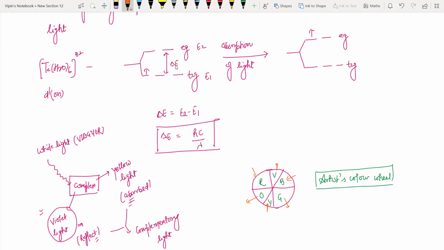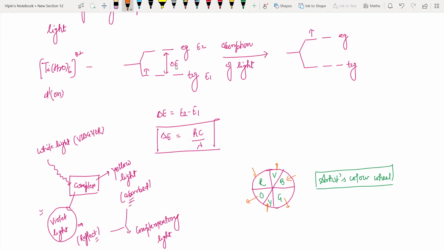So this is all about the reason behind the color of complexes. The color of a complex is because of electronic transition from a low energy to a high energy level by absorption of visible light, because our eyes are able to see only visible light, right? The energy difference between different kinds of complexes leads to absorption of different light by different complexes, resulting in different reflected light that leads to different colors of different complexes. It is the complementary light that is reflected by the complex, meaning the light absorbed and the light reflected by the complex are complementary to each other, and the complementary light can be shown by the artist color wheel,